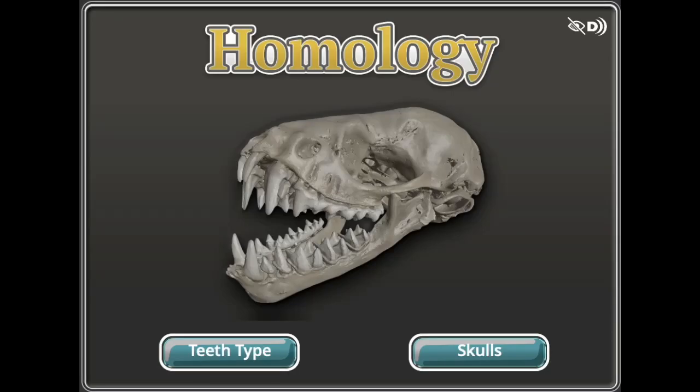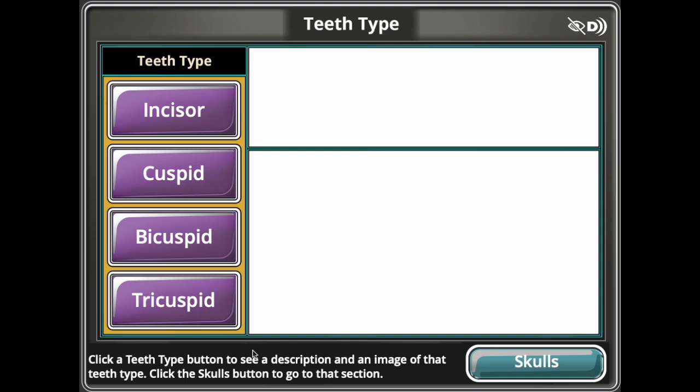Welcome to the Homology simulation. In this simulation, you'll investigate the relationship between the number and type of teeth in an organism and the organism's feeding behavior. To begin, select the Teeth Type button to gather information about the structure and function of the four